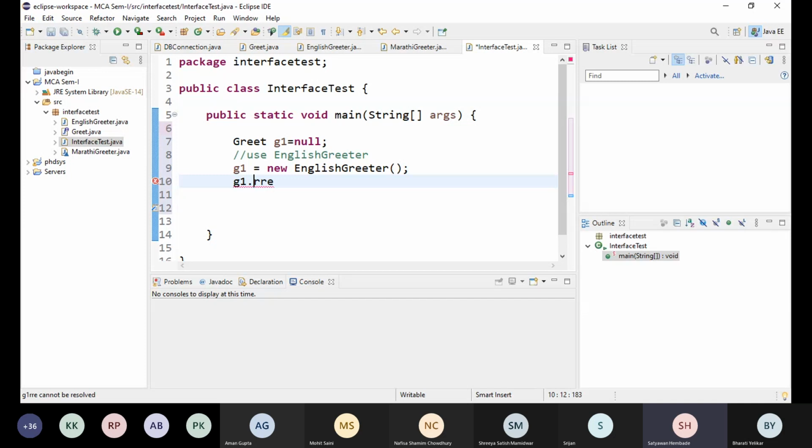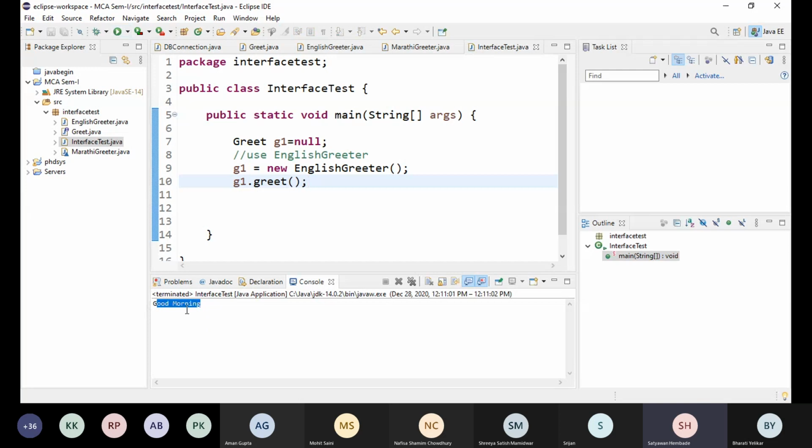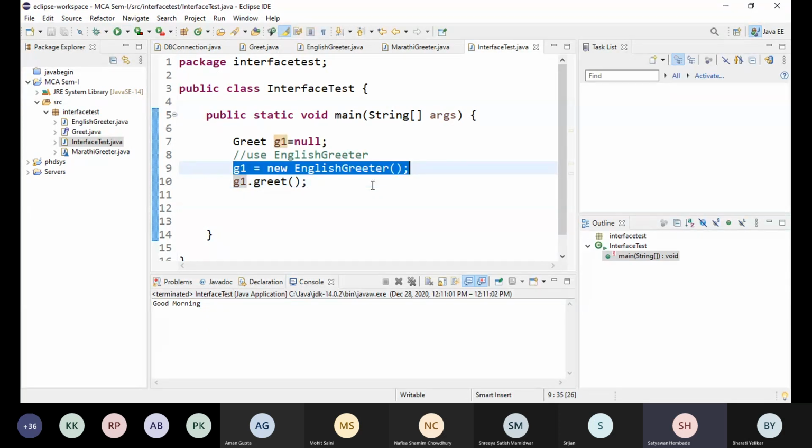So V1 dot read करेंगे, रन किया, सेव किया, रन किया, आपको गुड मॉर्निंग आएगा within the same program. Okay, and